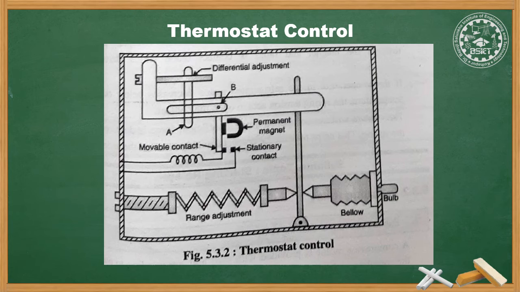With a rise in temperature of the refrigerated space, the pressure inside the bellows, as shown in the figure, increases and causes the movable contact point to travel towards the stationary contact point. The magnetic field between the magnet and armature strengthens as the movable contact point travels towards the stationary contact point, and when the strength of the magnetic field is able to counteract the opposing spring tension, the armature is rapidly pulled towards the magnet and contact is made, which starts the compressor.